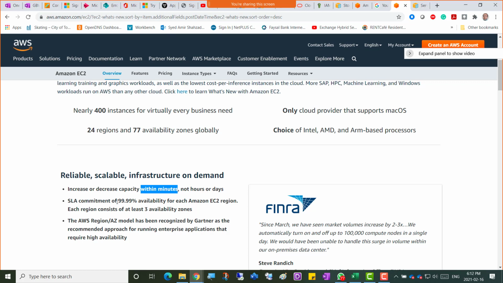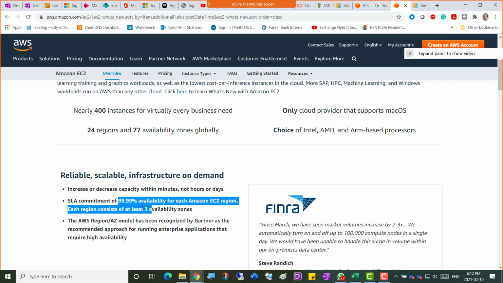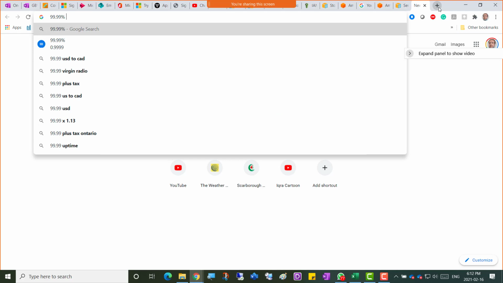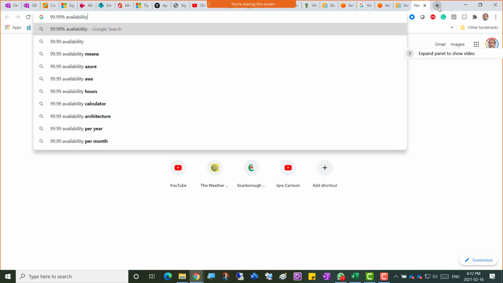SLA commitment of 99.99% availability for each Amazon EC2 region. So that's the availability they're talking about. And when we go for the availability chart, if I just put there 99.9% availability, it means,